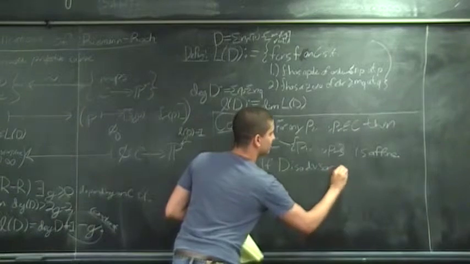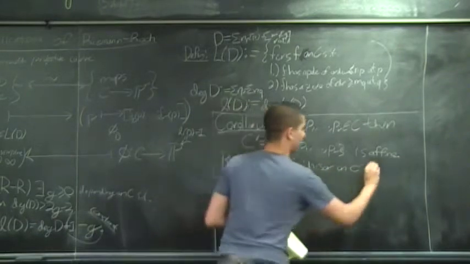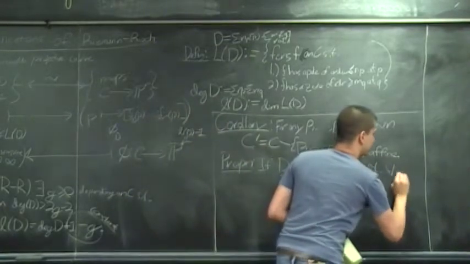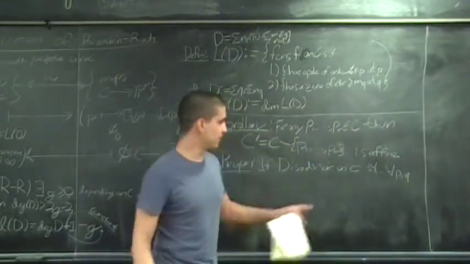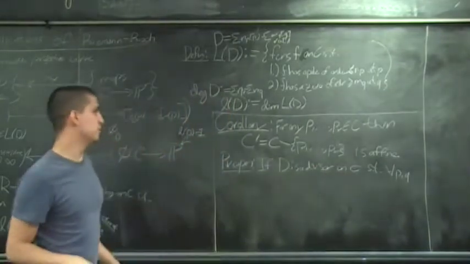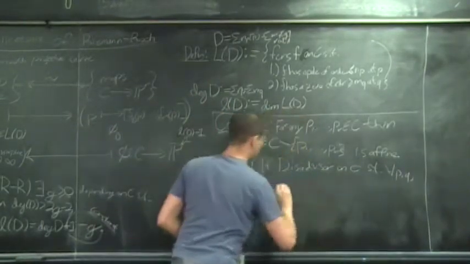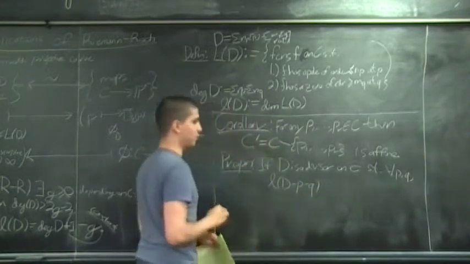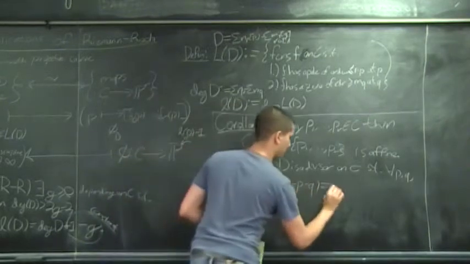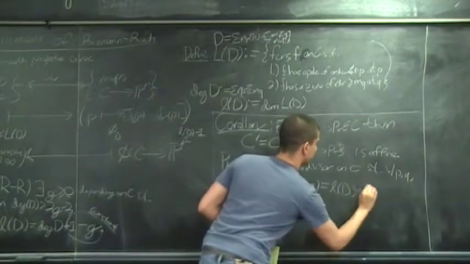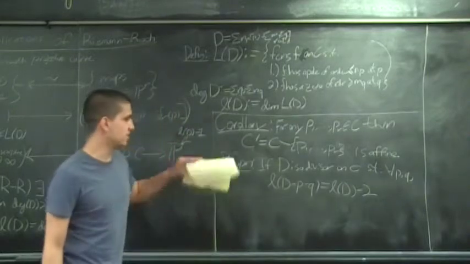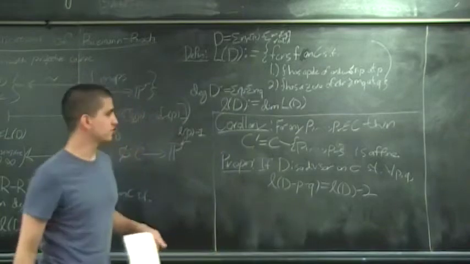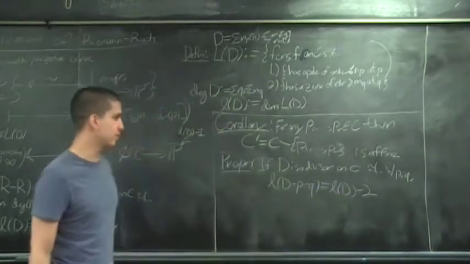If D is a divisor on our curve C, such that whenever I take 2 points P and Q, they could be the same, this includes the case where P equals Q, subtract them both off of D, I lose exactly 2 functions. This is our hypothesis. If we have a divisor so that subtracting off any 2 points causes us to lose exactly 2 functions in our vector space,